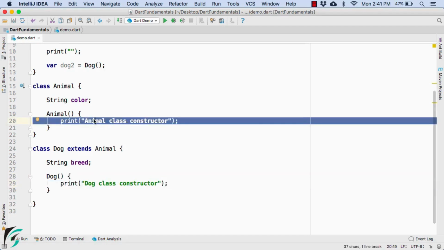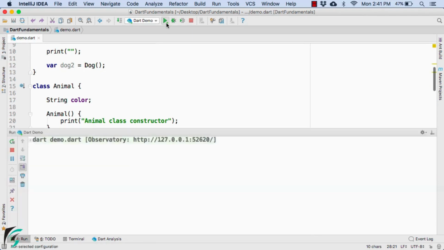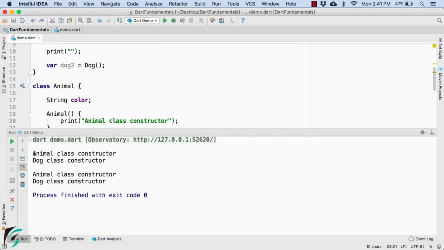So let me tell you one thing here that in Dart, whenever we define any constructor, there is one implicit call to the superclass constructor as well. So right after the dog, we have the syntax of colon followed by super keyword that will actually refer to the animal class followed by its constructor like this. So this super call will actually call the constructor of the animal class. So even if you remove it, then also it is there. So let us try it out with the super keyword here. Launch the application and here we are getting the same output.